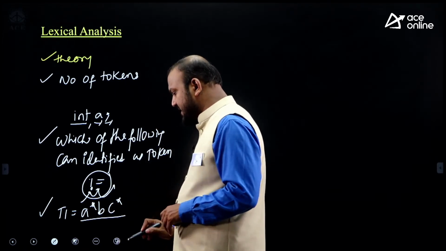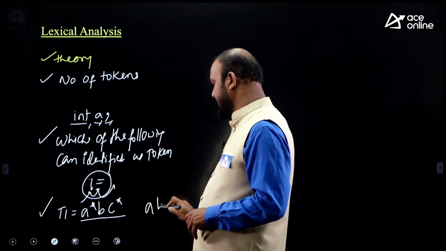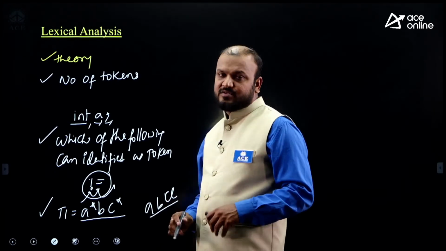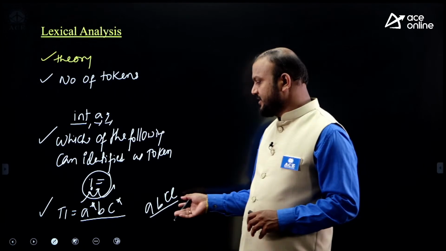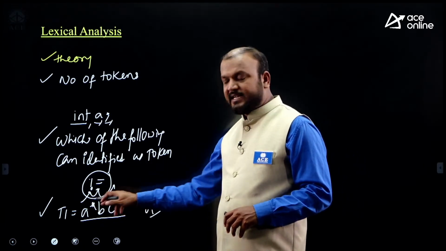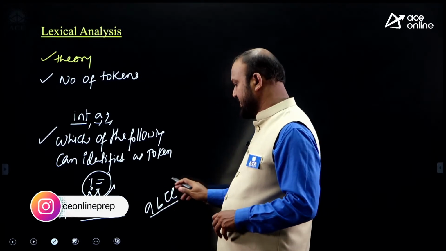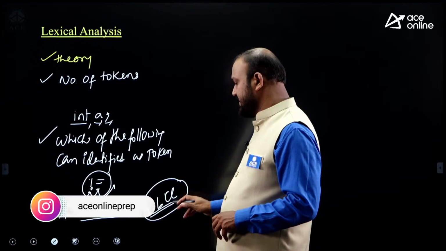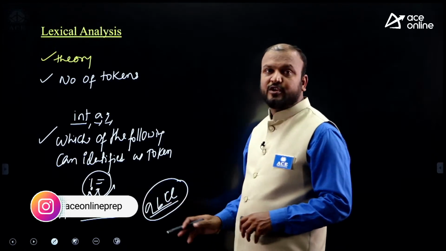Some token patterns are given, along with some inputs like A, B, C, C, and you are asked to find which of the following tokens are going to be generated. According to the patterns given for the tokens, for the input sentences, you have to check which pattern is matching, and according to the pattern, which tokens are going to be identified.